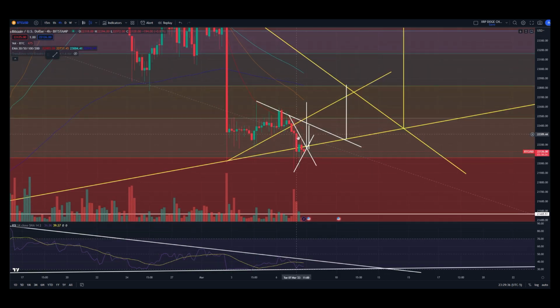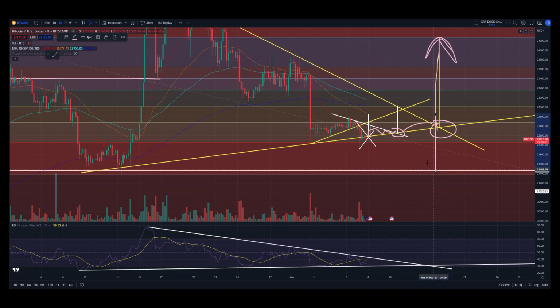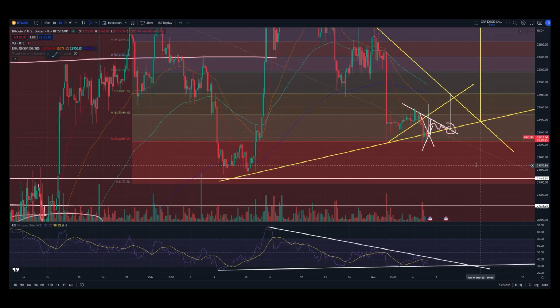I'm expecting some more grinding itself back up here, and then its apex, and then we'll get either our larger move here on Friday, or we're going to get the larger move over here next week. That's going to see a very, very large move to the upside or the downside, depending on what sentiment Bitcoin has. So it's going to be a very important next 5 to 7 days. Like we said, we're still holding above this price level, which is okay, and it's just going to be the meandering and either popping back up, getting above this 20-day moving average like BNB has, or we're going to wind up seeing it falter. But in my own eyes,